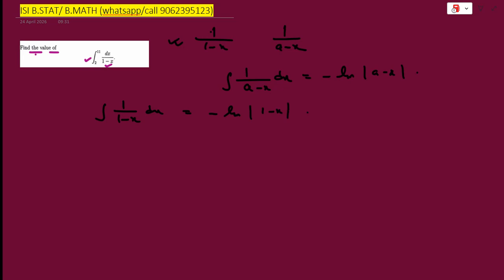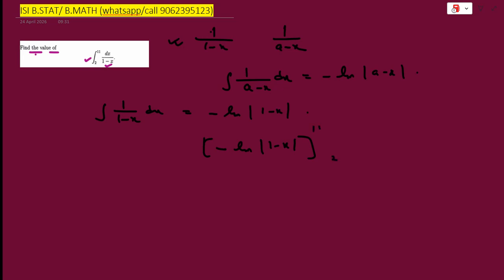Okay, now why the minus sign? Because math loves drama. If things look simple, it adds a twist. Now apply the limits from 2 to 11, right? So minus of natural log of 1 minus x,